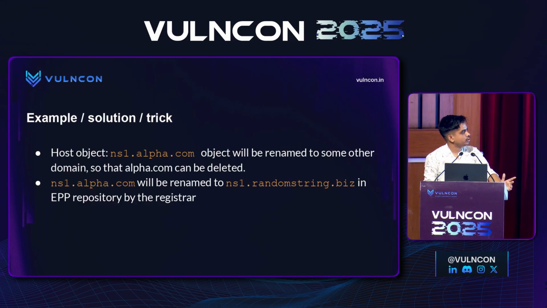Now, why .biz TLD? Because EPP does not allow you to rename it to a domain name which is available for purchase, and EPP's restrictions only apply within the same TLD. So VeriSign cannot control .biz because it is controlled by another registry. So here, the registrar cannot add a random string and a .com domain. So registrars started using a trick where they used a random string followed by .biz, which is an entirely different TLD. So they were able to overcome the EPP restrictions.